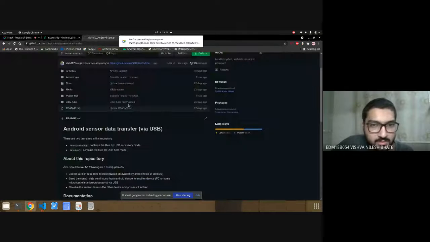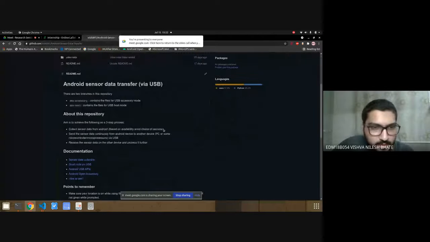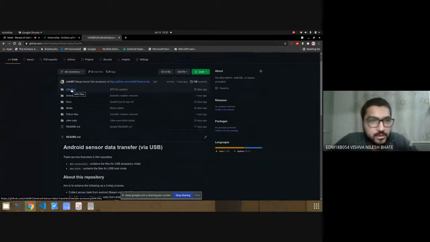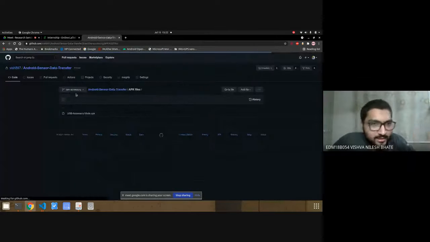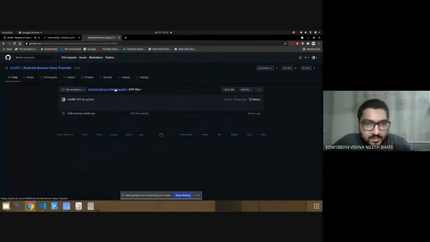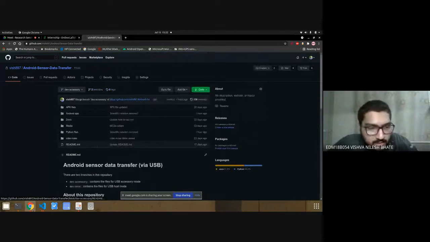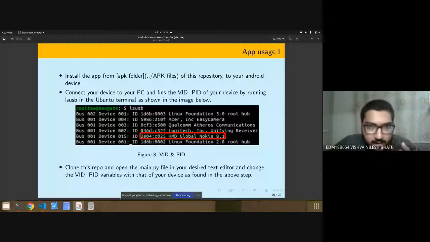So this is the whole repository, and the whole documentation is updated. You can download the APK files over here, but this is not a finally released app. I have just uploaded the APK files directly; it is not a released application as yet. You can download the APK files from there and install the application on your phone, and then you can connect.